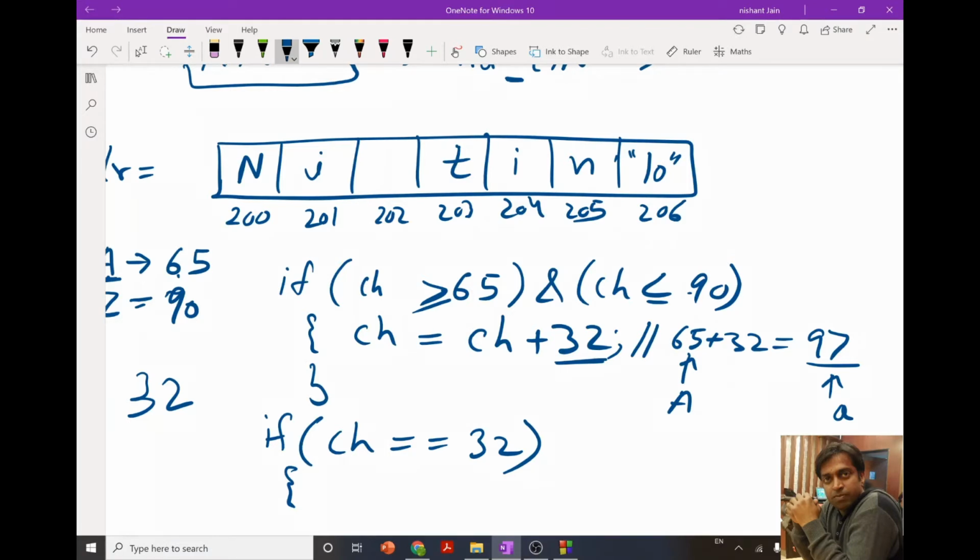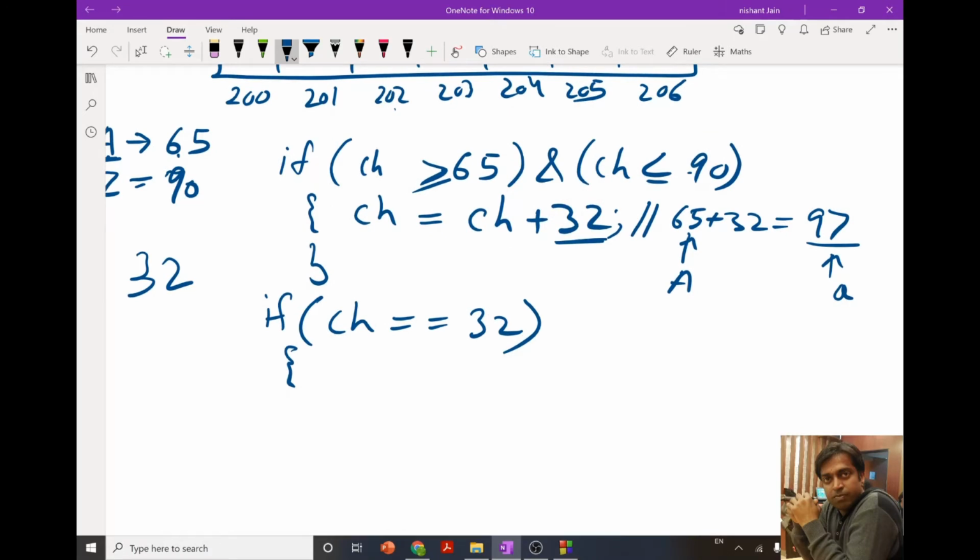If we find this space at 202, we have to shift all these characters by one position, so T will come over here, I over here, N over here, and the null character over here. So if a space is there, we have to do the shifting.